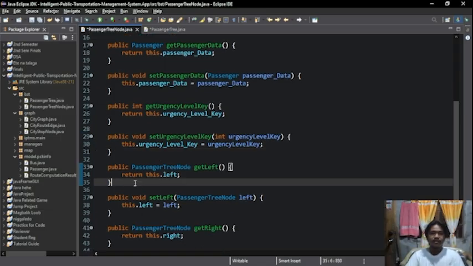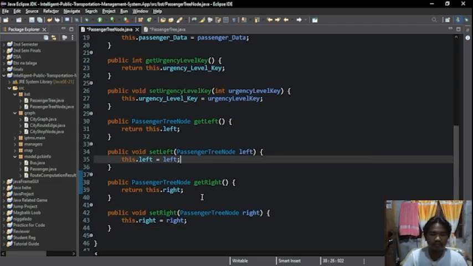The next method is the get left method. It returns the left child of the current node, used during binary search tree traversal, insertion, or deletion to navigate the tree. And the next method is the set left method. The set left method assigns the left child of the node, essential for building and maintaining the binary search tree structure.